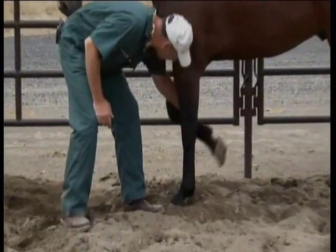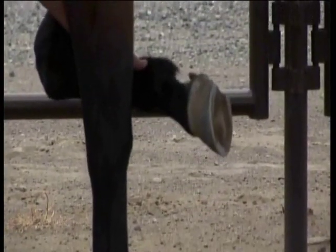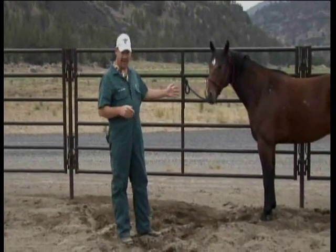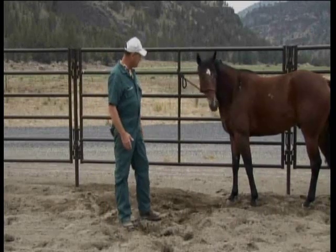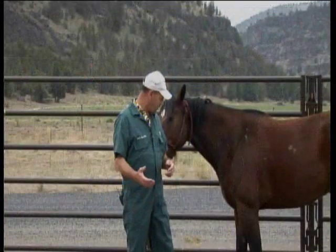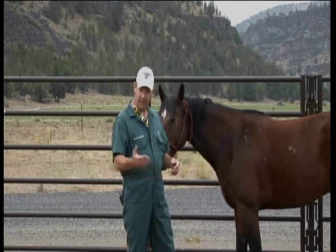He has a cut on the inside of his heel right here, and probably that is from pawing through a fence. And he probably hooked that on barbed wire at some point and tore his heel. And that's one of the very obvious things, because a horse that has a tendency to paw while he's standing tight is also going to have a tendency to paw anytime he's alone. Other things they can do is they can put undue stress on their joints up in their shoulder all the way down to the ground. So there are some physical things that can cause problems with horses, so getting them to stop the paw is